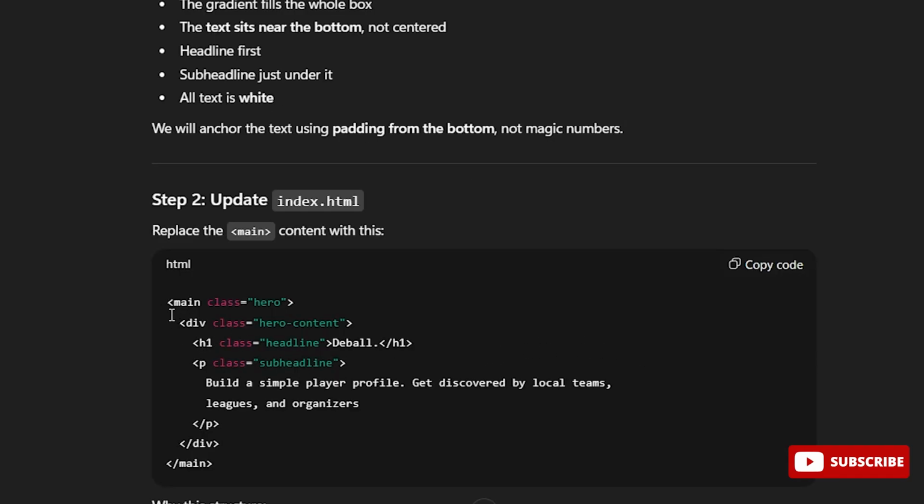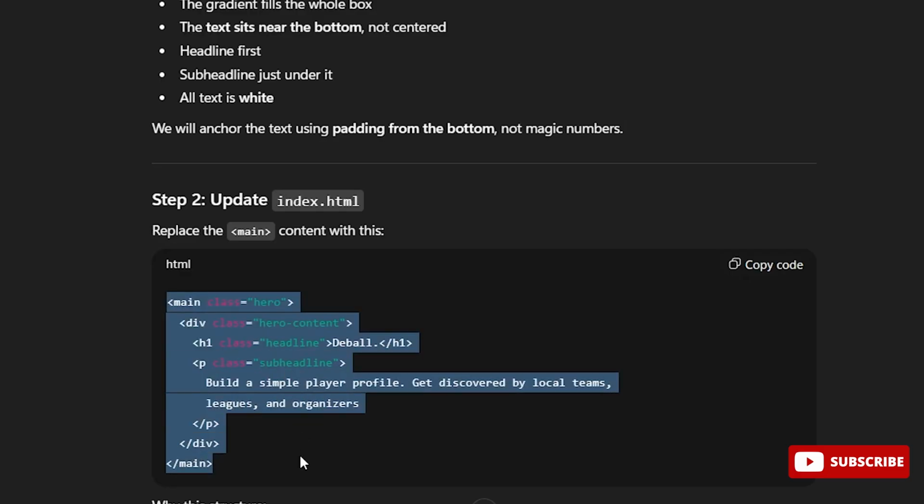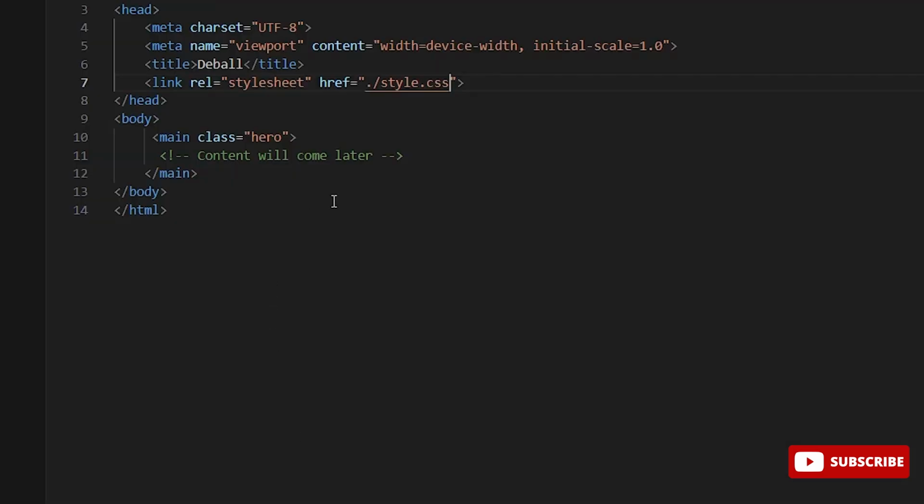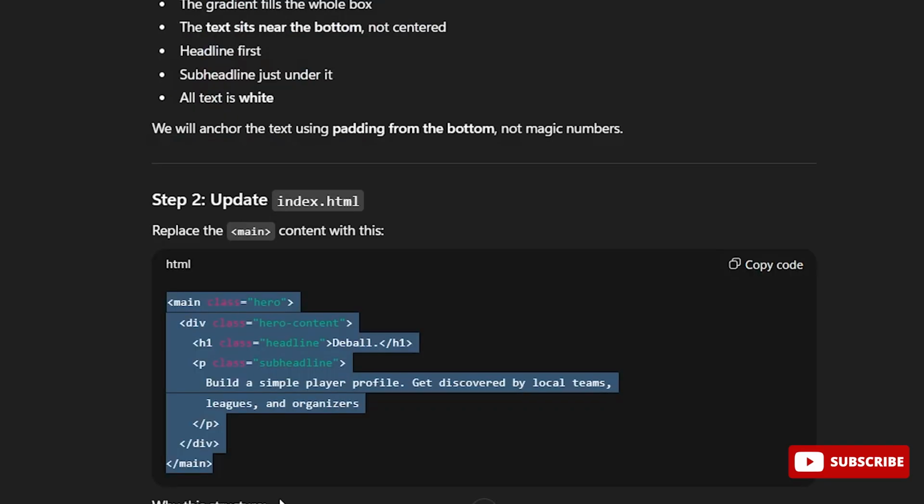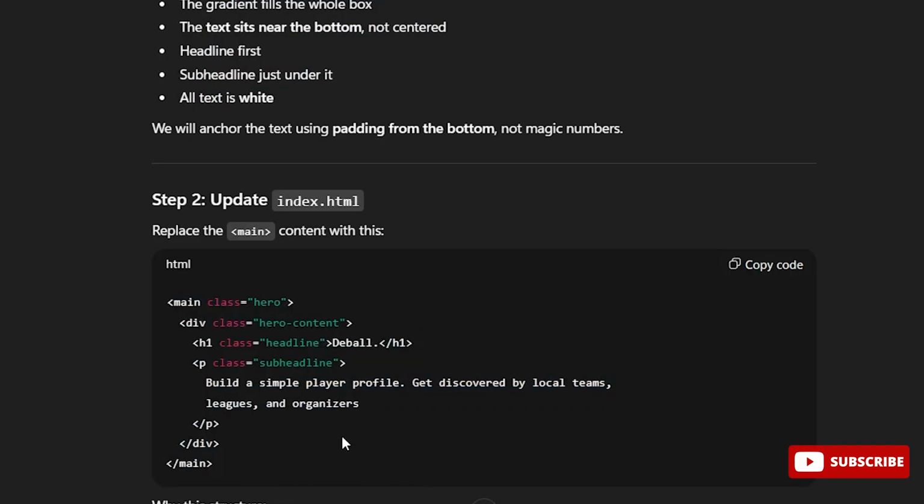So all you have to do is to copy everything from this section. Okay, you have to copy from the main. You can as well go here and write your code so that you learn how things work. Okay, so let's say we want to create this section